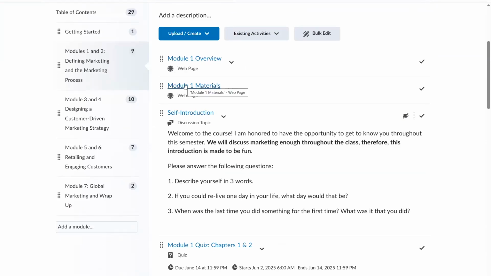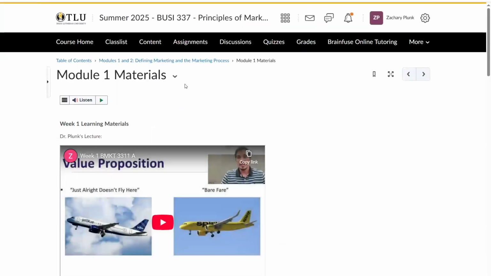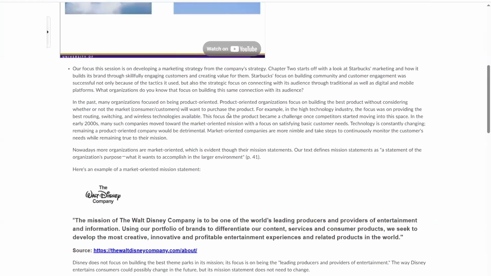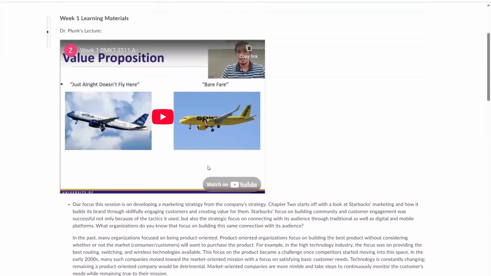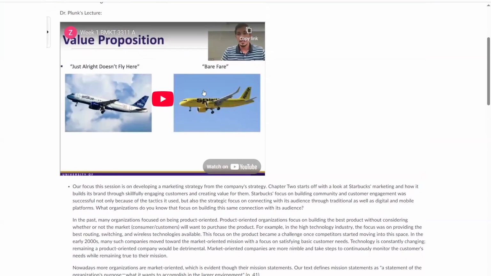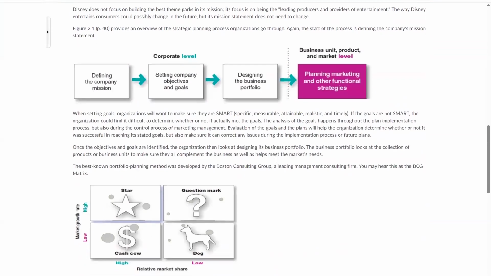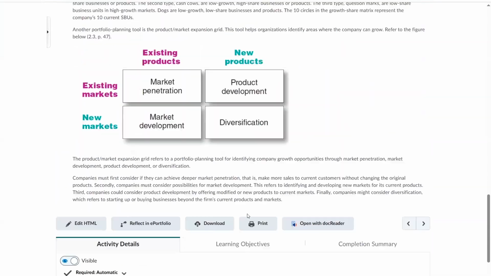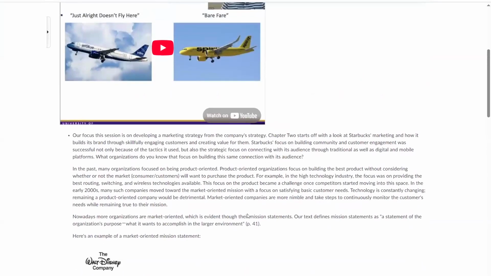Okay, so every module starts with an overview. And then we go to the materials page. And this is where I give you extra information, either something that the book didn't cover that I think it should, or something that just needed to be expounded upon or explained more. So it normally will be some type of video just like this, maybe 5 to 10 minutes. And it also might be a couple of other things to read. Okay. So you need to not only read your textbook, but also go over this supplementary materials page.